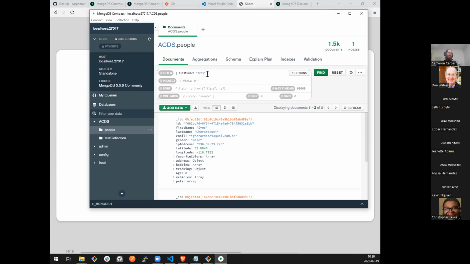So if we had another field here, then they would be implicitly ANDed together, even though we don't specifically put an AND operator in here. But we've also done an implicit equals operator here. This is the way most people do it because it's super fast and easy to read. But we can do this exact same thing in a more explicit manner. And when we get into very large queries, oftentimes we are forced to, just because of how the syntax starts to work out.